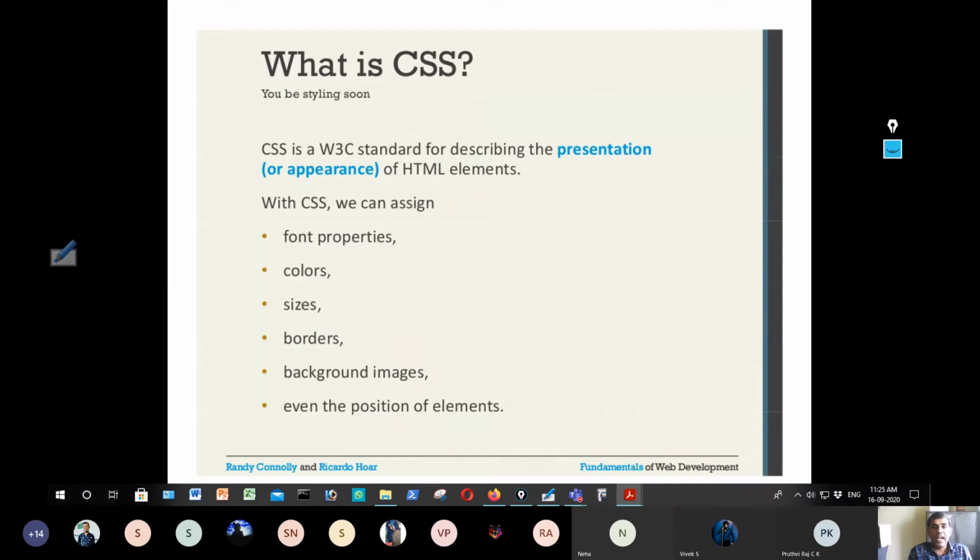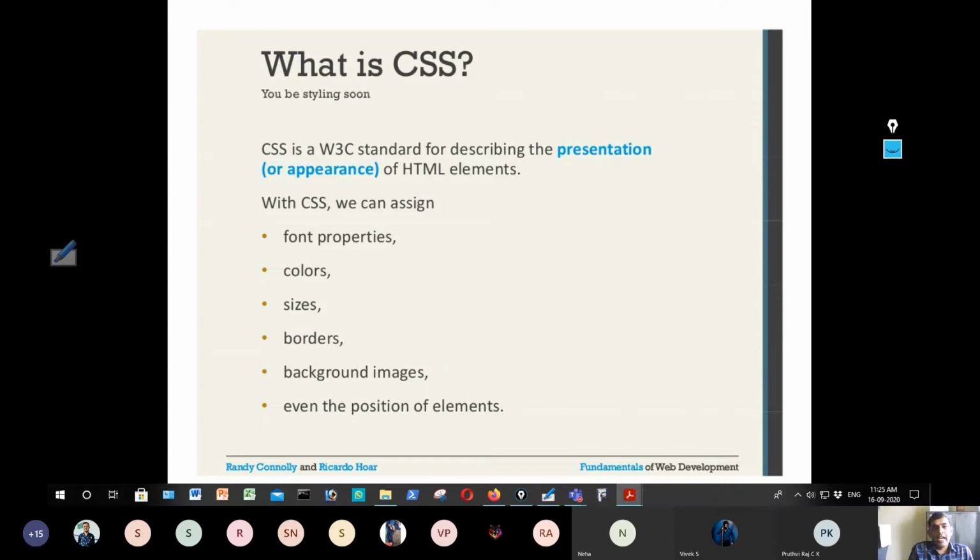You may wonder, what is style? In a web document, there are a lot of elements, maybe text, maybe images, maybe audio, video, everything is there. Style refers to the colors, the size, font family, what the border should be, what the background images should be, where an element should be positioned, that means at which location a given element should be placed. All these are the style that we can specify using CSS.